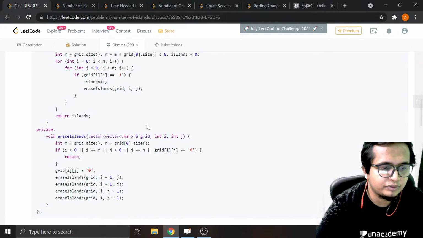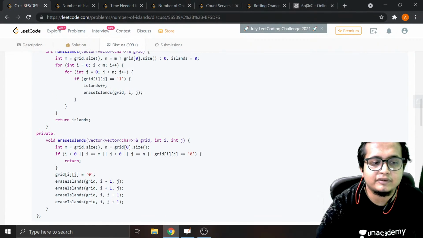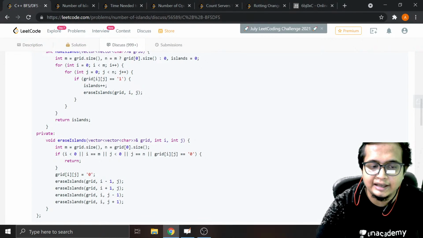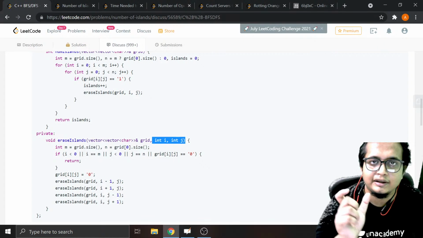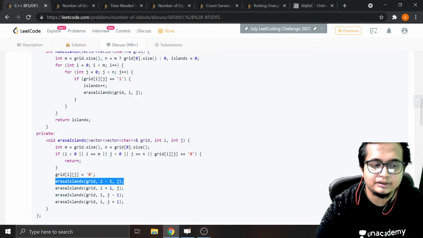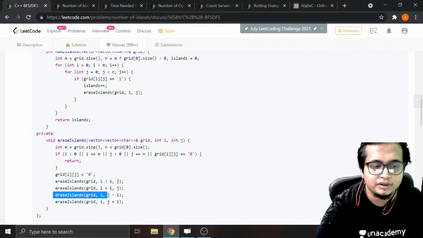So here you may see one thing that they have. Okay, so let me discuss the solution first. So here they are actually doing the DFS, and i and j are the coordinates of your current cell that is denoting your node. Okay, so you just call the DFS on all of its adjacent nodes,